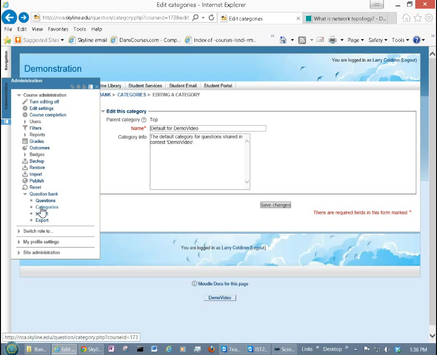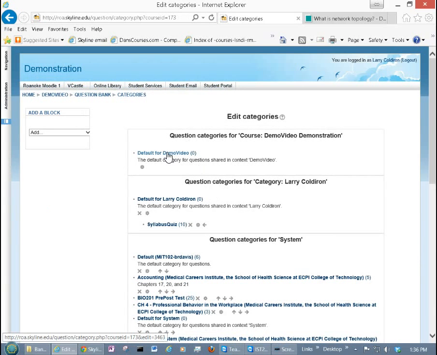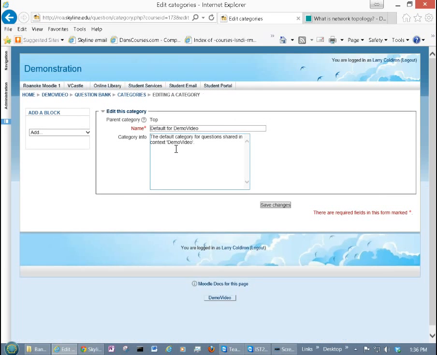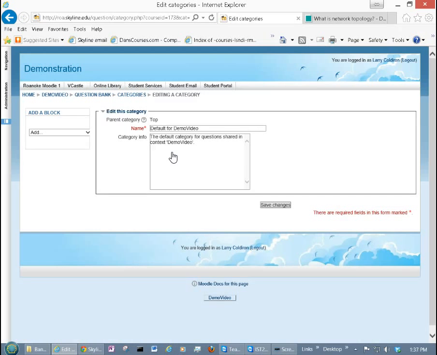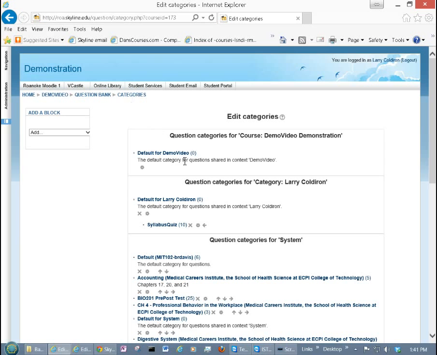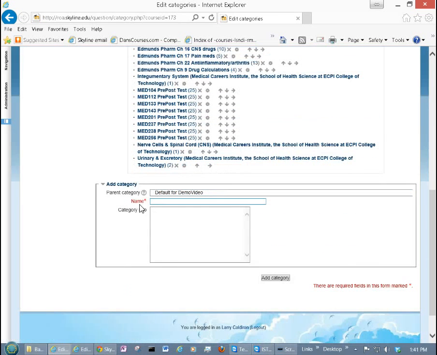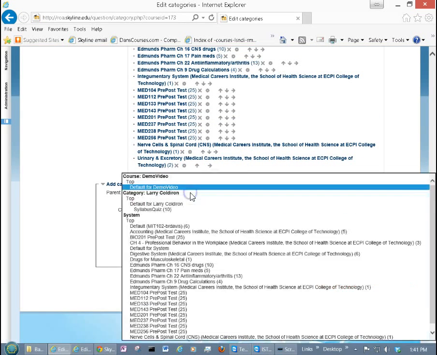Let's go back and see if I can make myself look silly. Let's go back to categories, and then in the default for demo video, which is this particular course, I should be able to go in here, and we have the default, the parent category, and we can save the changes to it, and we should then be able to go in here and create some new categories. Let me find those. Okay, let's give this another shot. Categories. If I go down here to the bottom, which I should have done, the default for demo video,